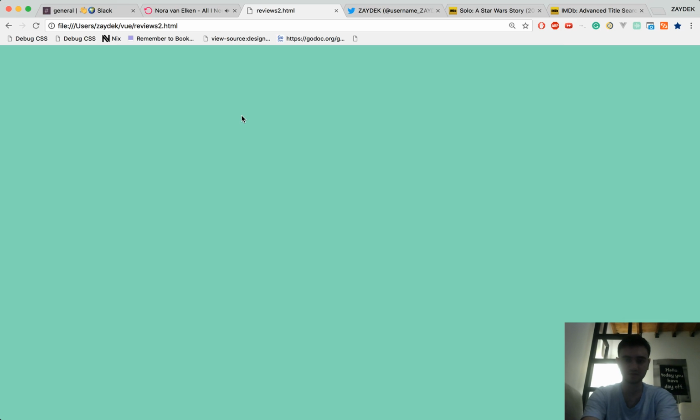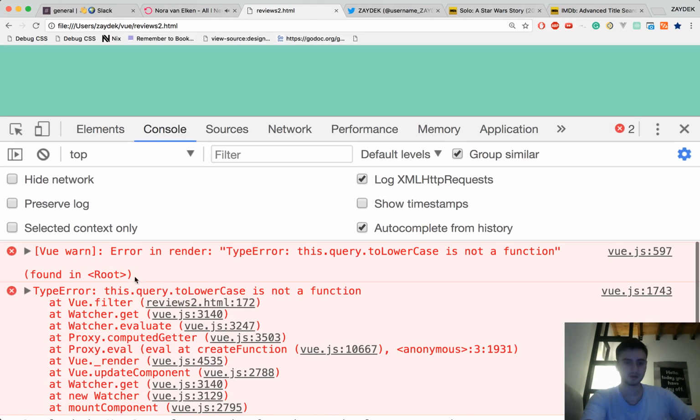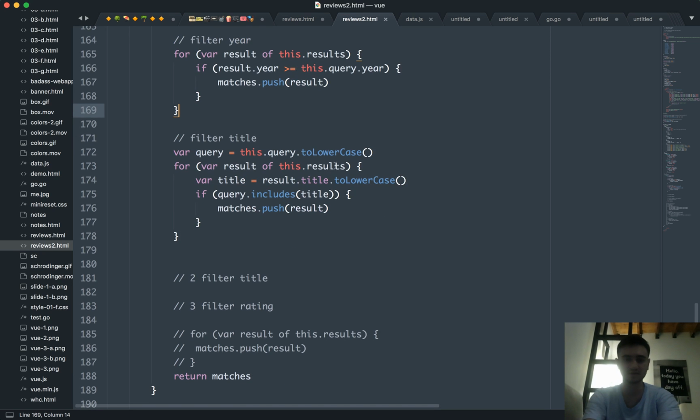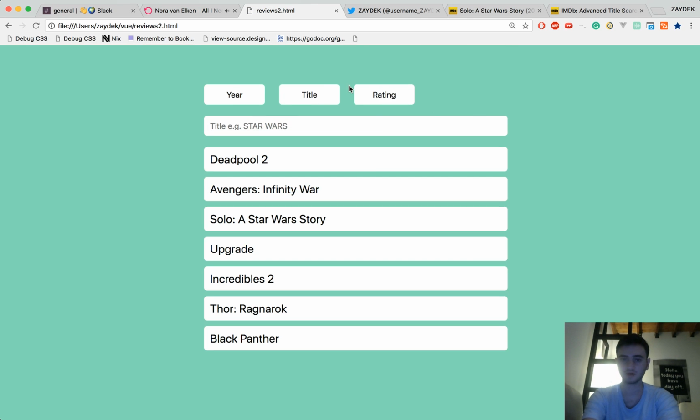I broke something. I'm probably referring to a variable that doesn't exist. Oh, because query, this is an object, that's why. We can't lowercase the object, we need to lowercase the query's title. So we have the query and we have the title. Okay, that's fine. Okay, so now if I search for movies from 2017 and after with the title of the